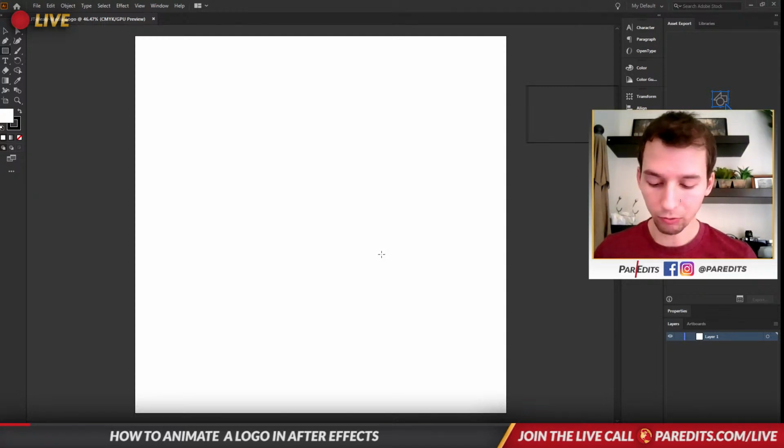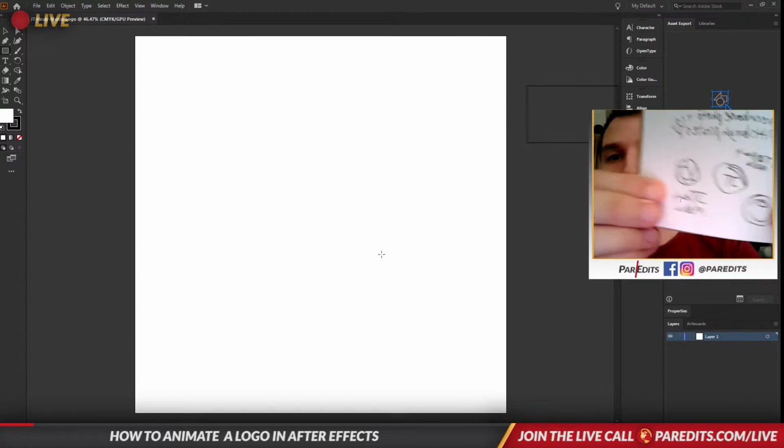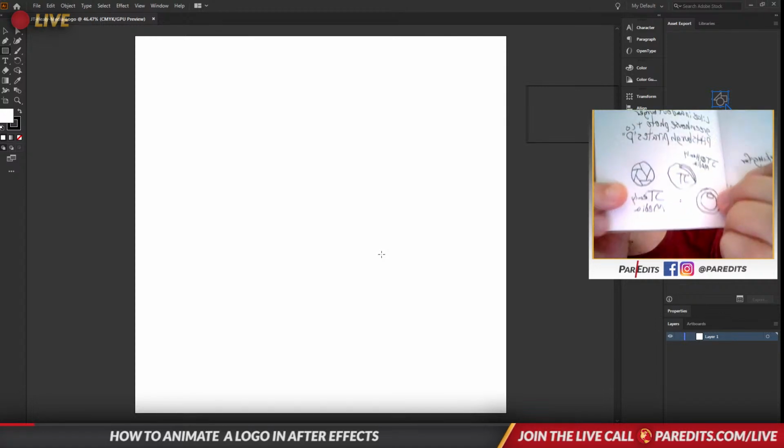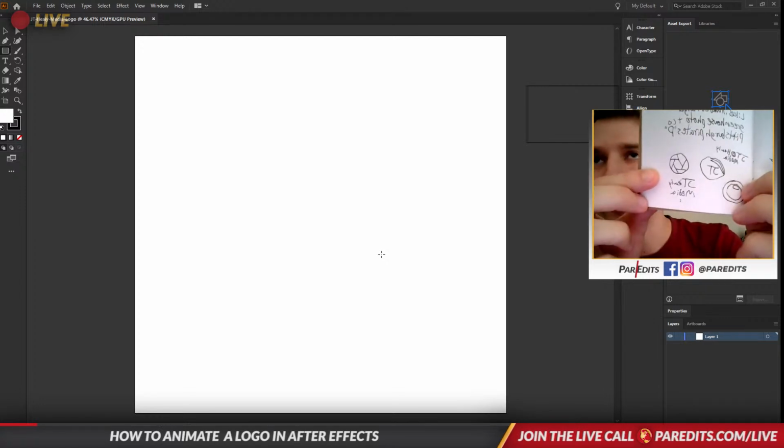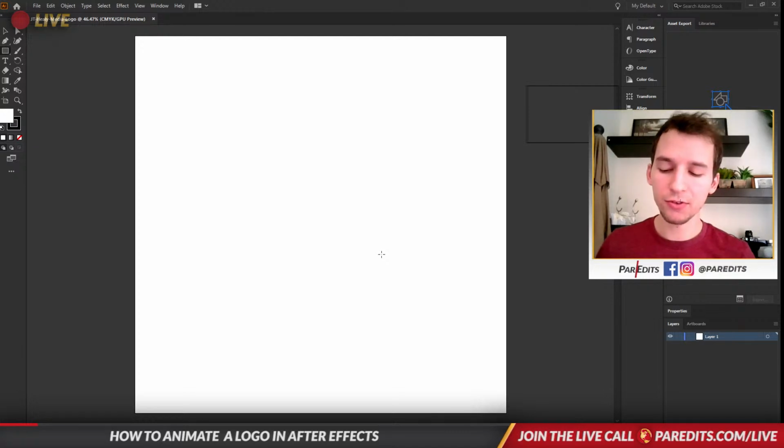So I will be referencing this often because I've already drawn a few ideas. I'm thinking about incorporating a lens or an aperture and then combining his J and T into one. And then I'm going to have 4 versions of his logo where I have a letter mark, a brand mark, a word mark, and a logo lockup, which are basically